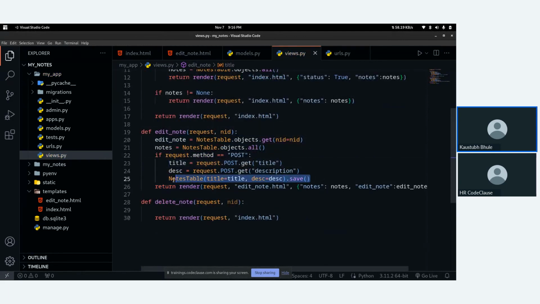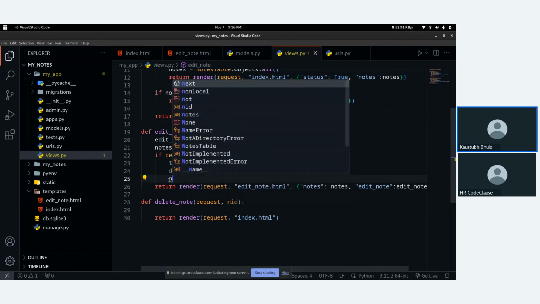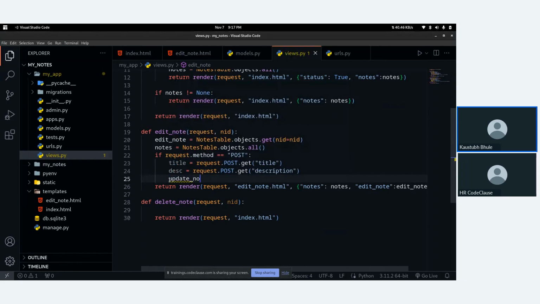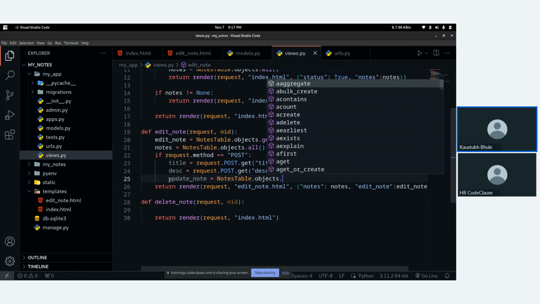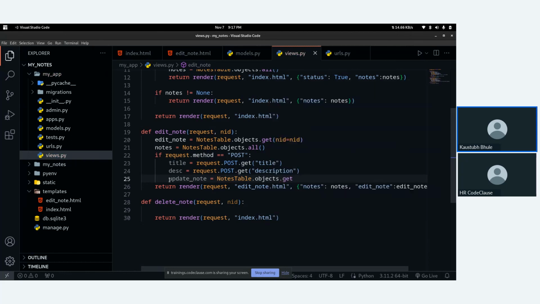Now instead of doing this, I will create one variable called, let's say, update note. Again notes table checks dot get. Actually, we are already using this, right?